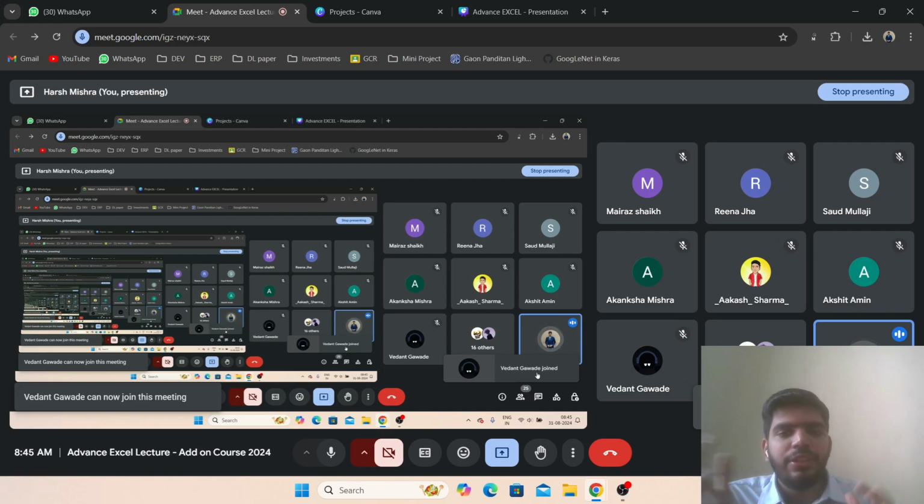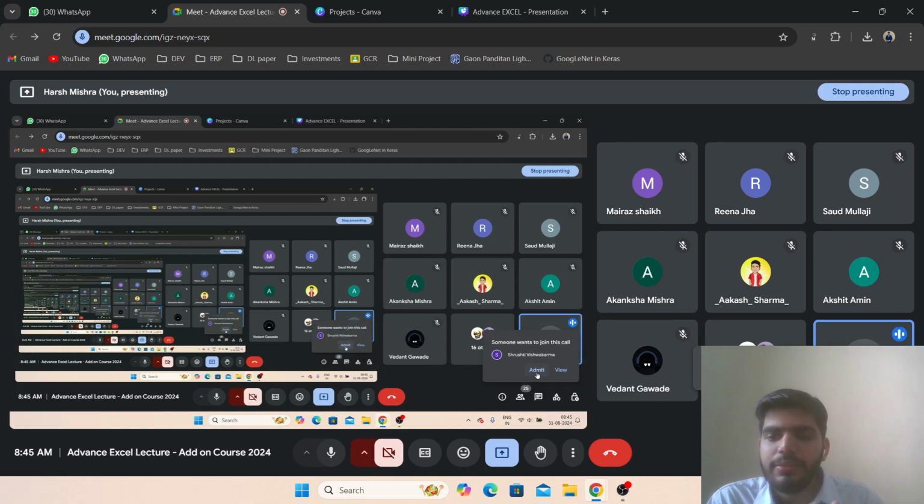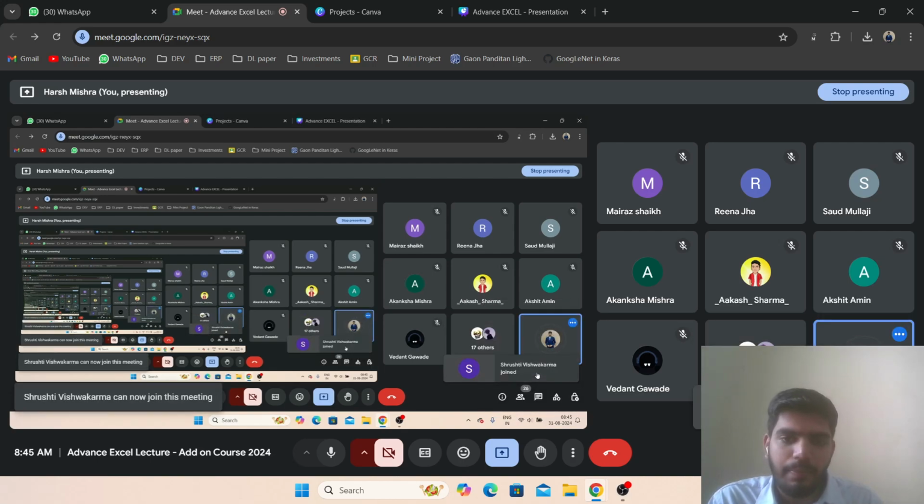So in any organization, you would have huge Excel sheets and lots of Excel sheets to work on. Now, Excel is extremely powerful. You can create dashboards, you can create charts, you can do data analysis, you can do inference analysis, all that using Excel.